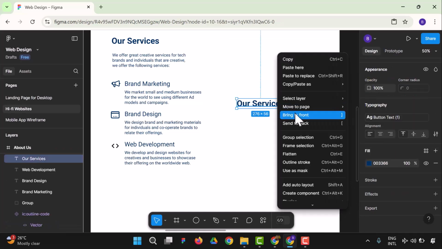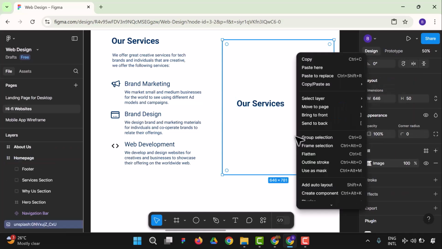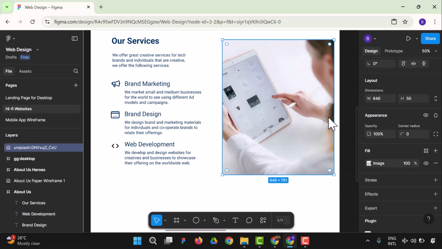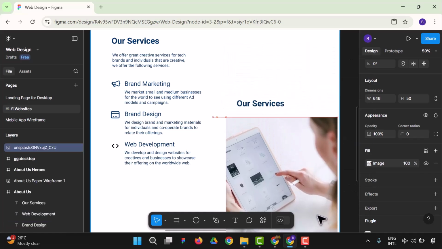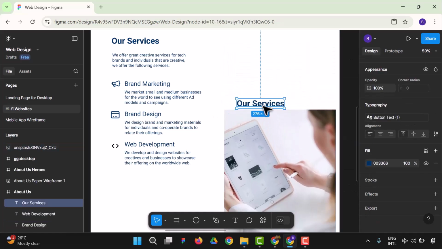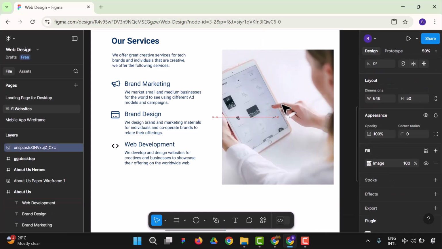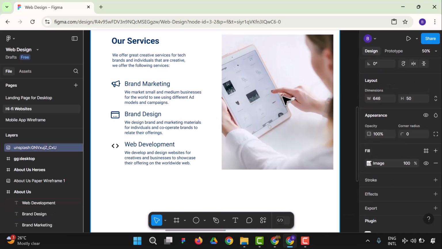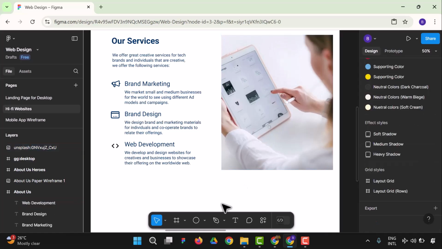So let's say bring to the front, and this should be moved to the front as well. Okay, so let me just write a new test right here. So coming back here, I'm just going to leave this as our services, and I'm just going to write what we do on it,